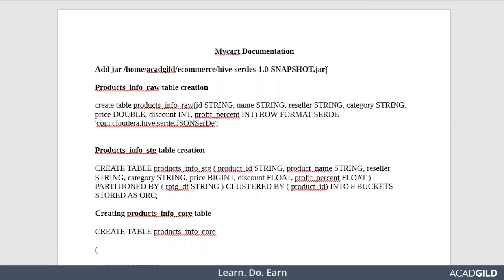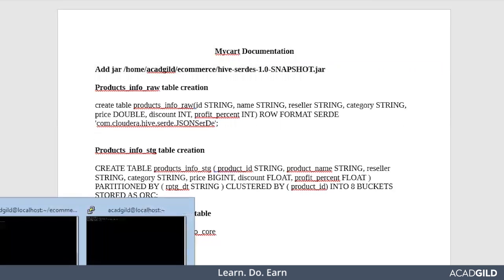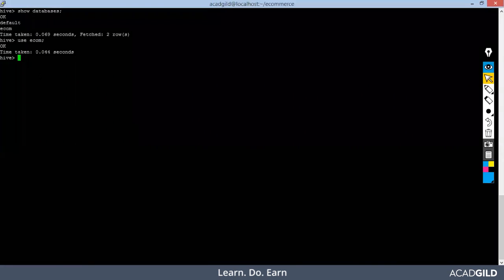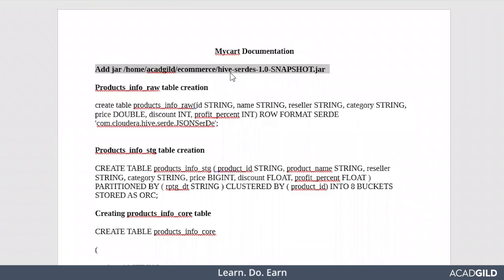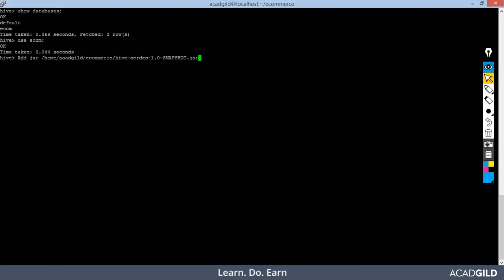So first thing first, you need to add the Hive Survey snapshot jar. You will be copying this command, add jar, and the path where your jar is. I have already connected my Acadgild VM with PuTTY, and I have created one database named eCom. I'll be creating all the tables inside this database. I have already created it. So first, we are adding the jar file. This is the jar file, and I'll just give the command. Done. So once the jar file is added,